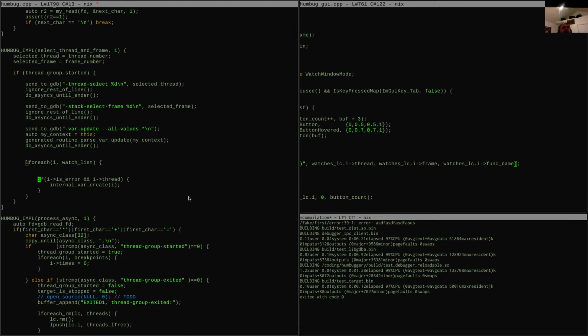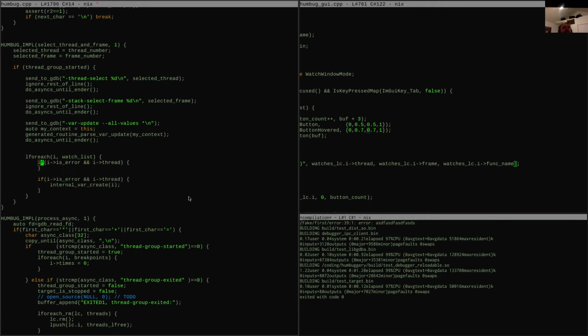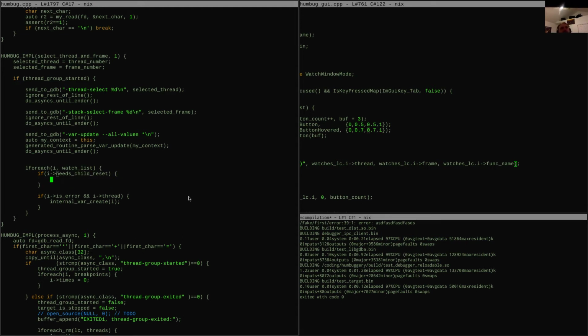And then here we want to do if that needs reset, needs child reset. Then what are we going to do here? I think what we want to do is